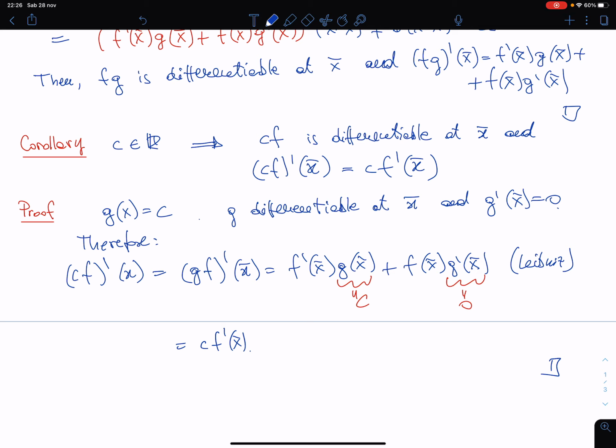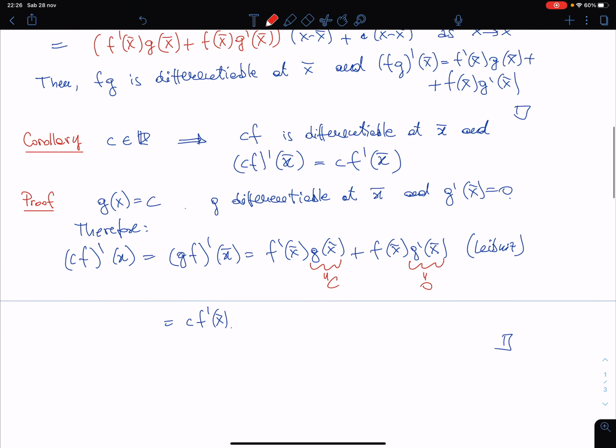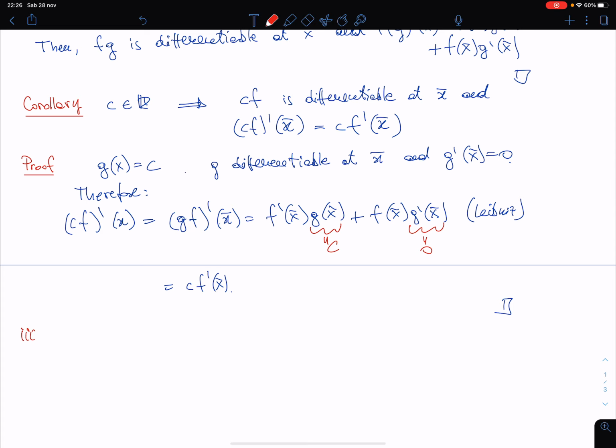And now the last rule, no, it's not really the last rule, the second last rule of this algebra is about the ratio of two functions. So here we have to introduce another hypothesis. The third theorem says that if, moreover, g of x bar is different from 0, g prime of x bar can be equal to 0. The important fact is that g of x bar is not 0. Then